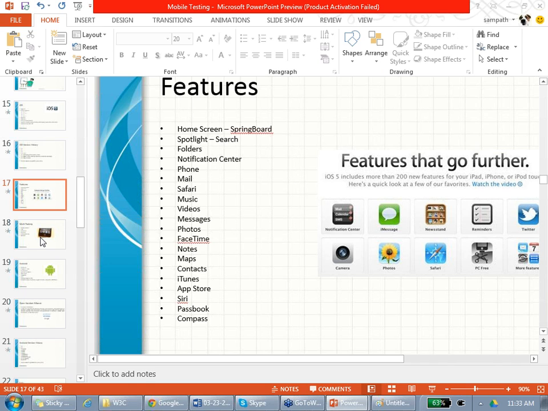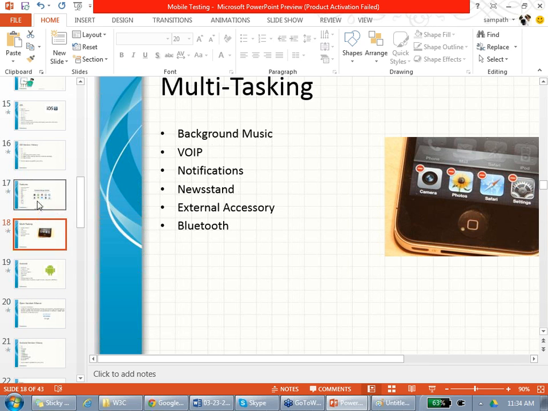In Photos, there's one thing called Photo Stream. For example, if you have an iPhone and I have an iPhone, and you have an iCloud account, you can share your photo stream with me. You can share live whatever you are taking, using iCloud. And there is iCloud, which is cloud storage. Yes, we still use Dropbox even though there is iCloud. We still use Google Drive, SkyDrive and Dropbox. There is also Game Center, and Newsstand, to put all your magazines and everything.